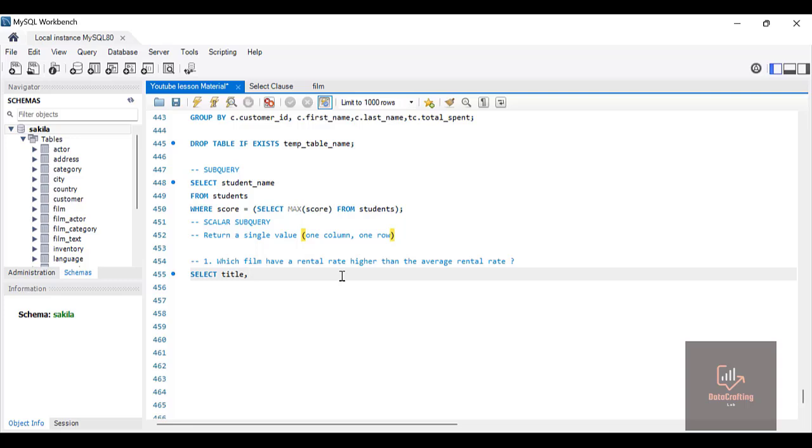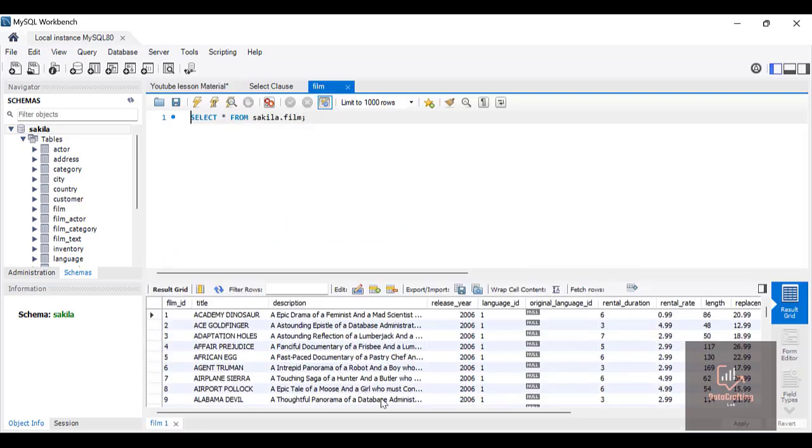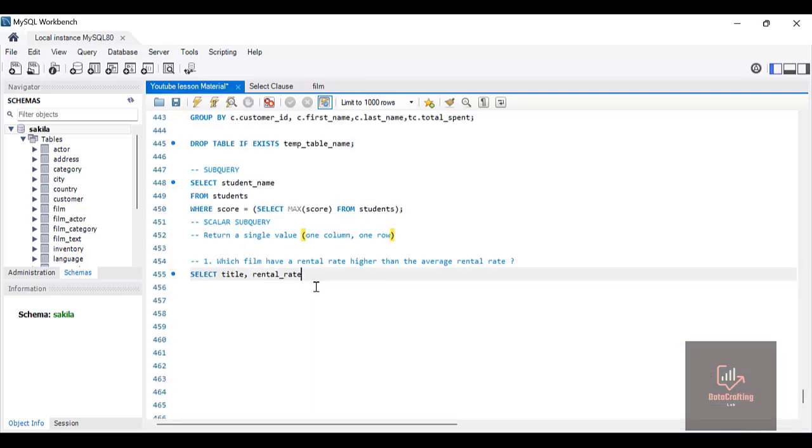Let's select the title and the rental_rate from the film table, FROM film table, now WHERE rental_rate is greater than,